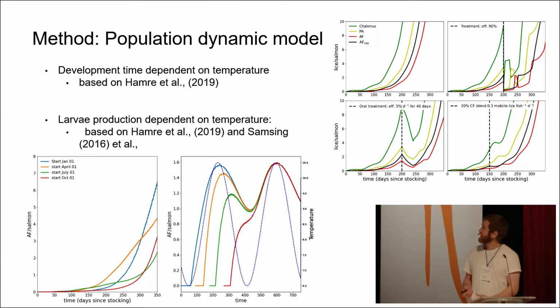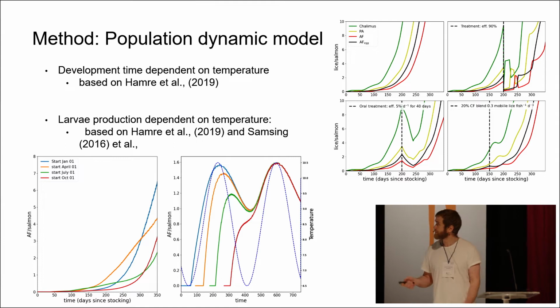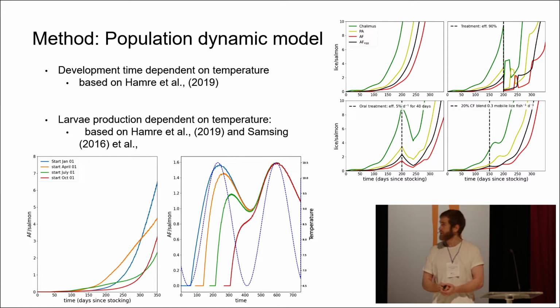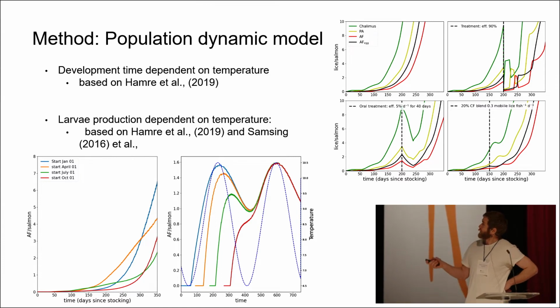So for the population dynamic model, as I mentioned, development time is dependent on temperature and mostly based on Hamri et al. Larval production is also dependent on temperature and again on Hamri et al. 19, but also something 16. So the model works as a lot of previous model work. So we have the calamus stage, so you have time, lice per salmon. You have the calamus stage, go to the pre-adult, to adult female, and we have one separate there for egg-bearing